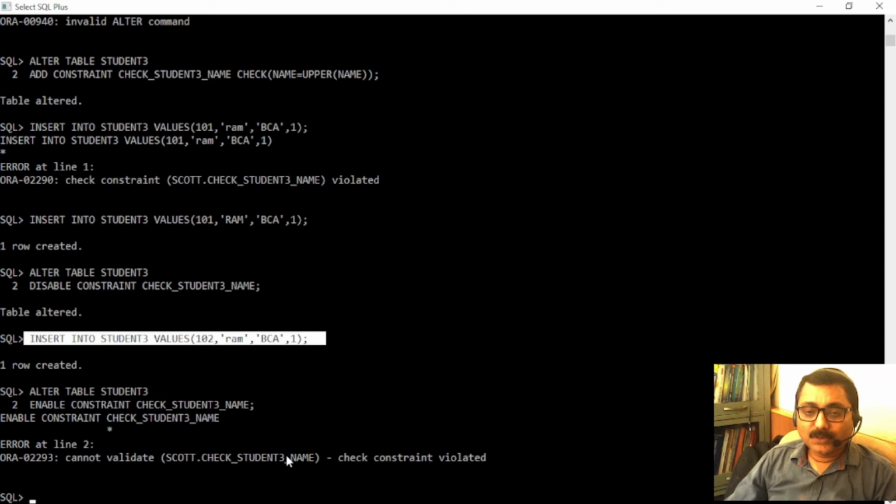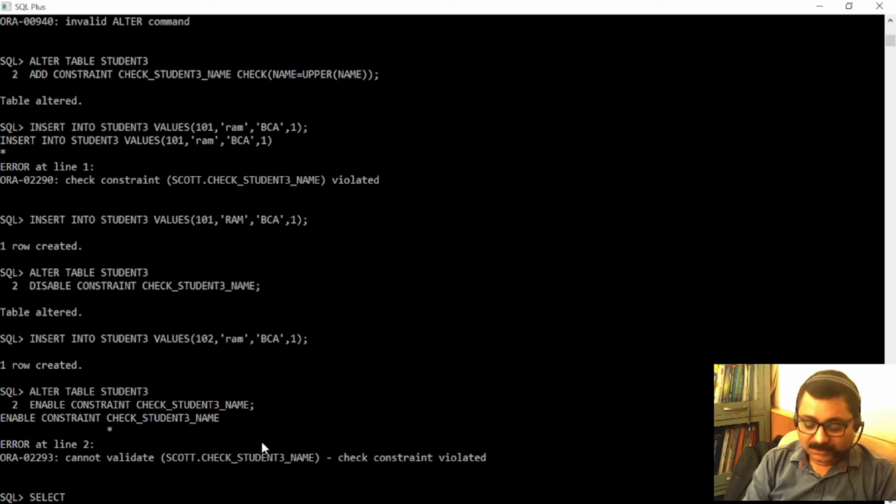So if you are going to enable it again, it is again going to take the whole data for that column. If any data is not following that rule, you cannot enable that constraint. What I need to do? I need to do select star from student 3.